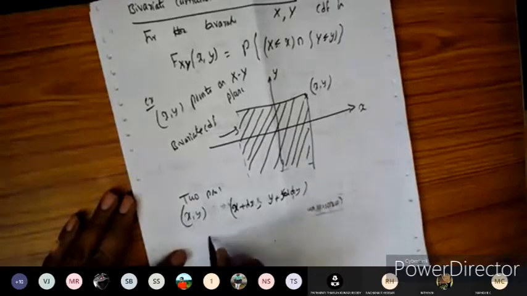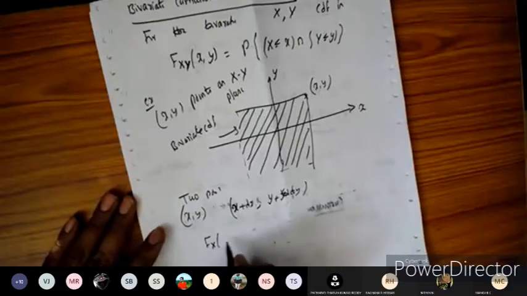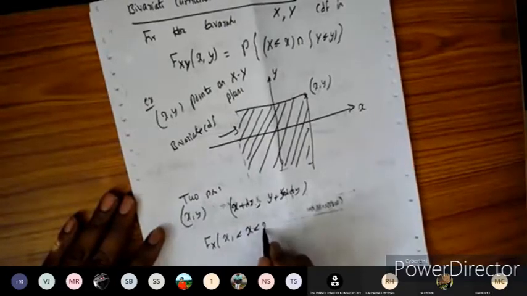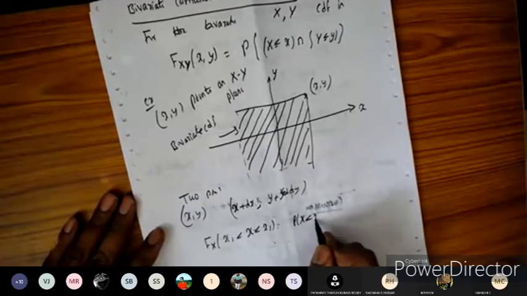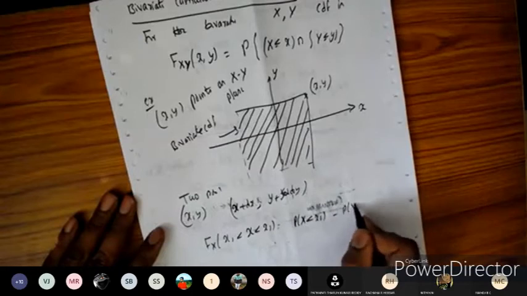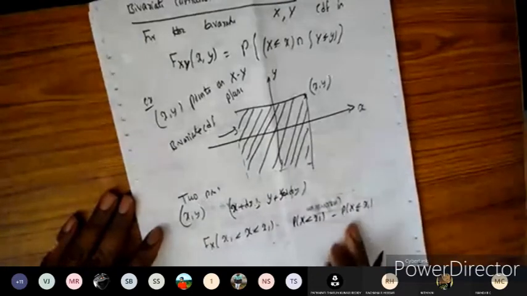One of the properties of the CDF, I'm going to recall here. The property is that F_X of x1 less than X less than x2 will be taken as the probability that X can take the value less than or equal to x2 minus the probability that X can take the value less than or equal to x1. So this was the property of the CDF.